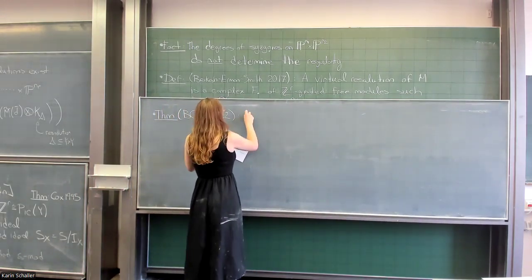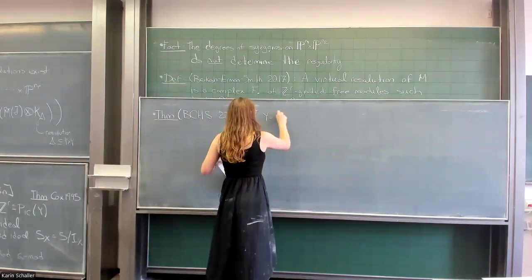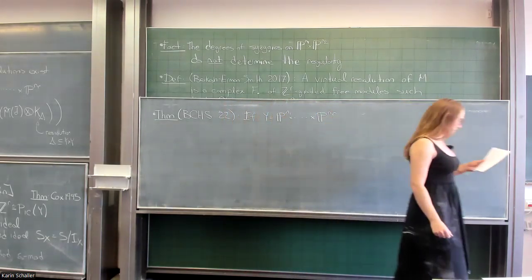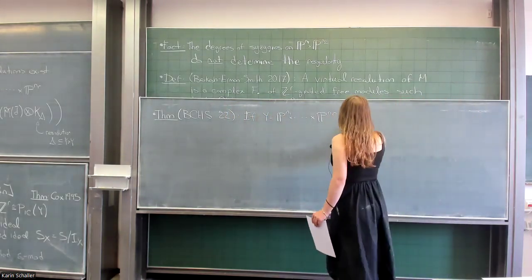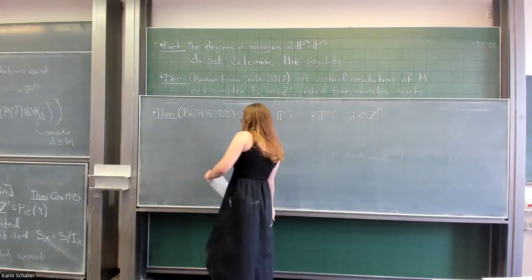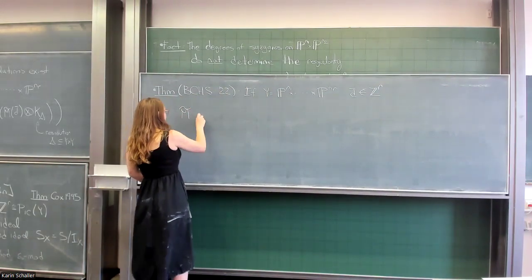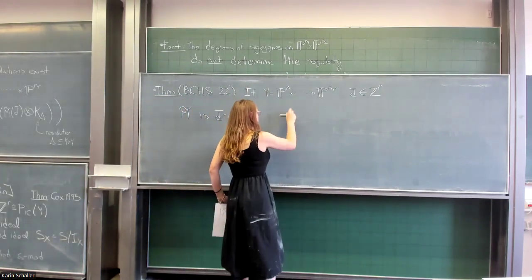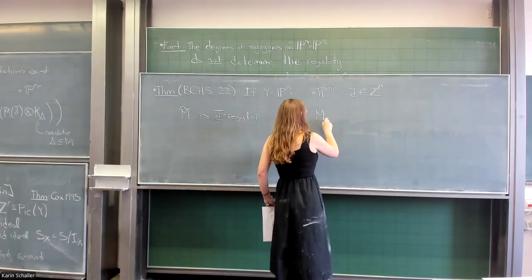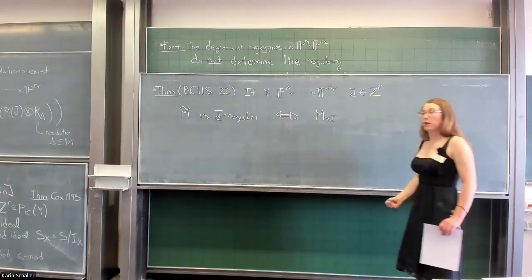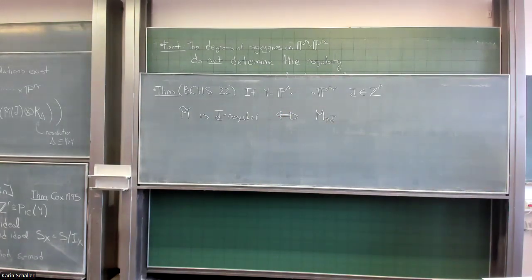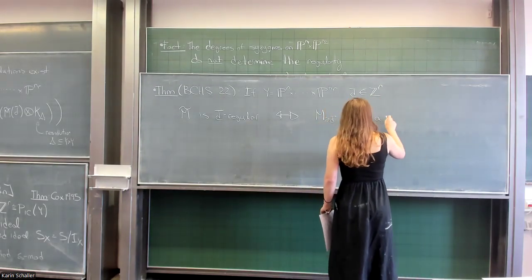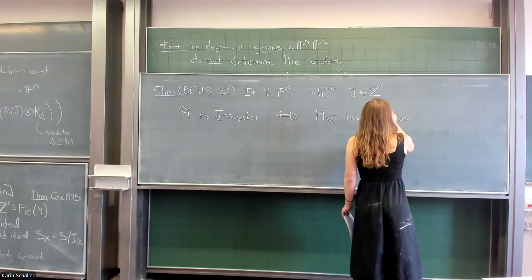If we're still in the setting of a product of projective spaces, and we take some D in Z to the R, then the sheaf M is D-regular, turns out, is equivalent to the truncation of the module at D. So looking at the submodule generated by everything in degree greater than or equal to D having what we call quasi-linear